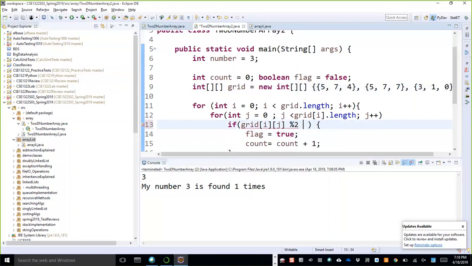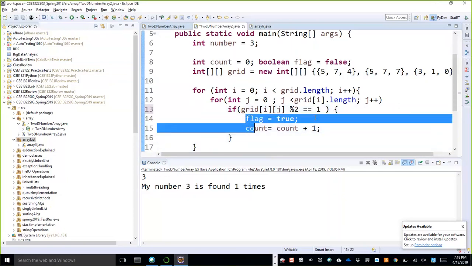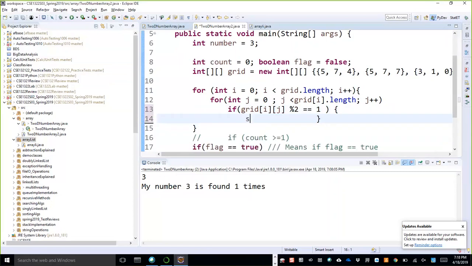Modulo 2 equal 1. Then if I print this, inner for loop, this one.